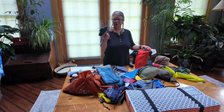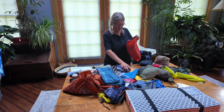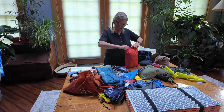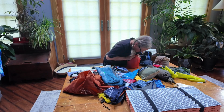Oh, and an extra pair of wool socks. I'll just be wearing the one pair of Injinjis with a pair of wool socks over them. I don't think I'll need a second pair of Injinjis, so I will just leave it at that. I probably won't even need the second pair of socks, but